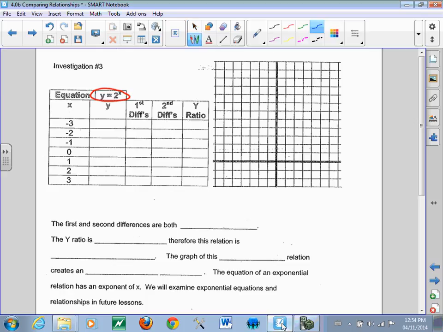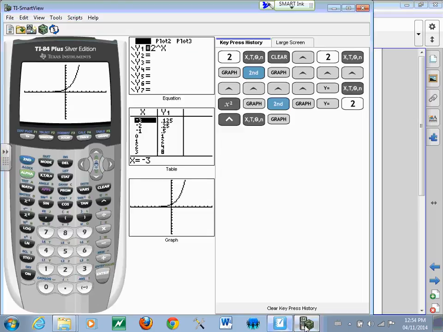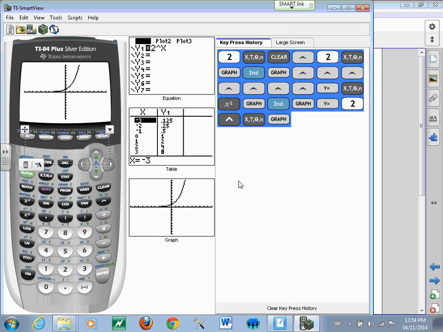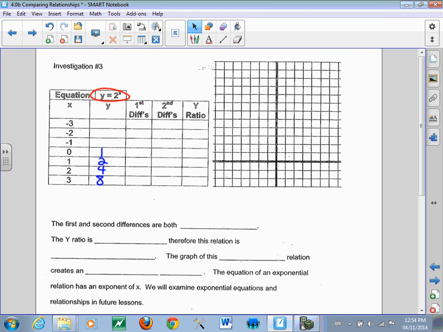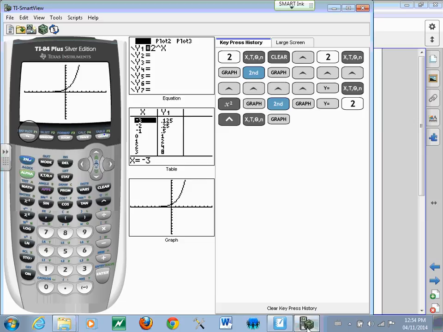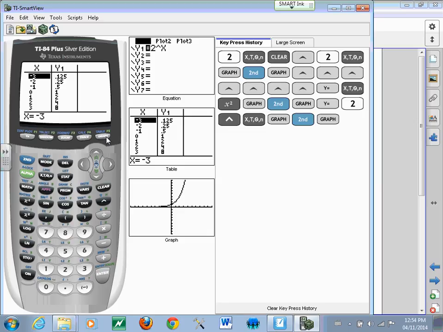Okay, so I'm going to start from the bottom, and we had 8, 4, 2, and 1. I'm just going to flip back because I forgot to get the table up. That's why I'm sorry about that. Let me see if I can clear off my ink layer. Maybe my ink layer won't go off. Let's see if I can just erase it. That might work. Now try it. So if I go second and graph, okay, I've got my table there. So I apologize, I didn't show you this earlier. So I'm starting from the bottom, and we're going 8, 4, 2, 1, and then we go 0.5, 0.25, and